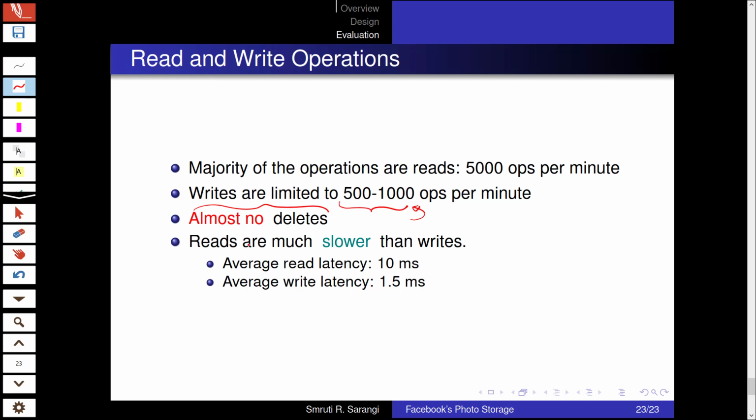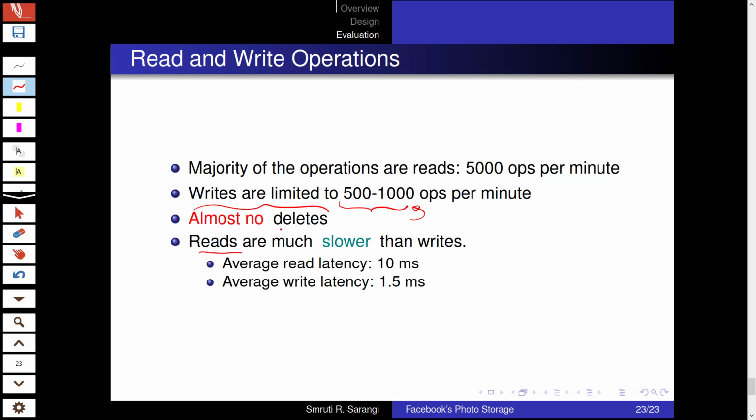One of the interesting observations is that reads are much slower than writes. One of the reasons is that, of course, writes are off the critical path. We can quickly write something to a cache and come back, and gradually the write will percolate deeper into the system. In comparison, reads are on the critical path, so we directly need to go to the machine and do the read.